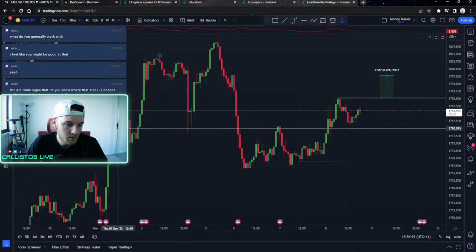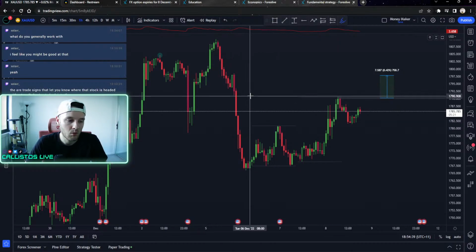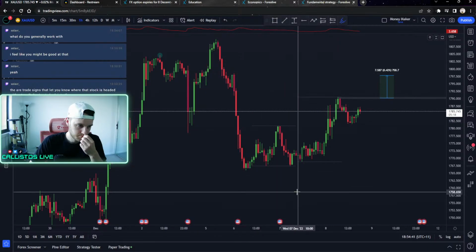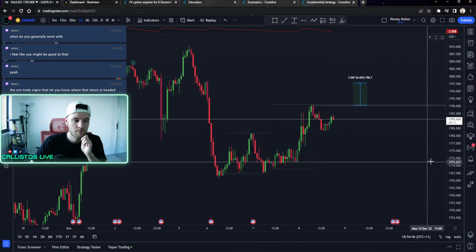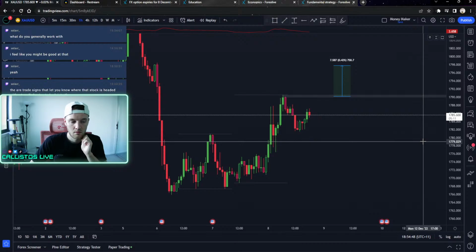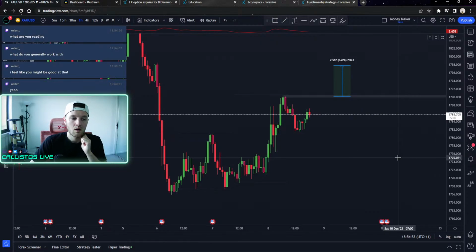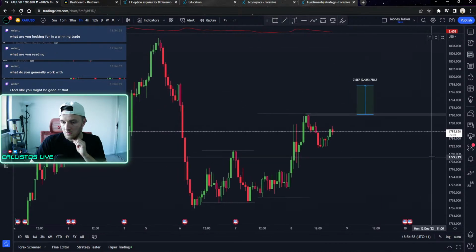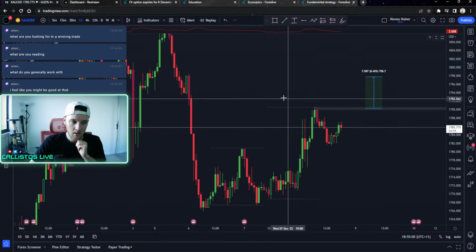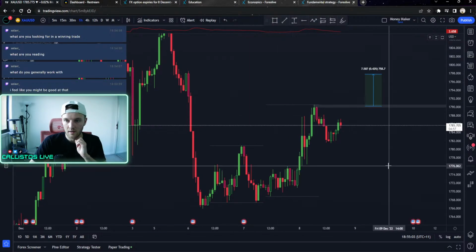What do you generally work with? What do you mean? What do you generally work with? Like what pair? Like what currency? What are you reading? What do you mean? Like this chart right here? This is gold. So this is gold US dollar. What am I looking for in a winning trade? Oh, okay, so